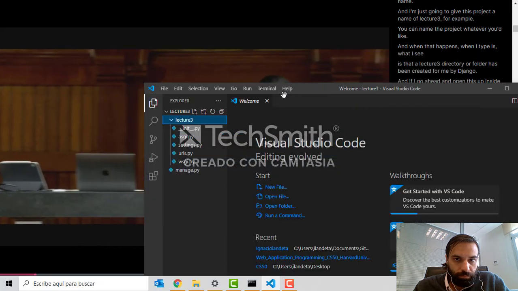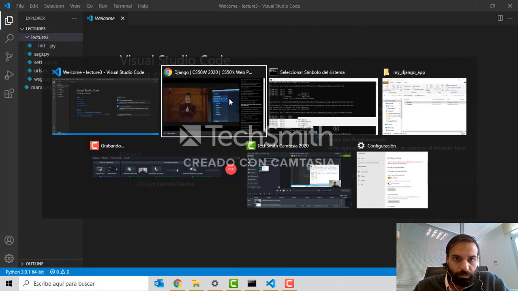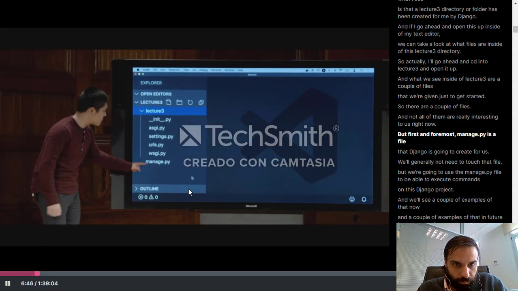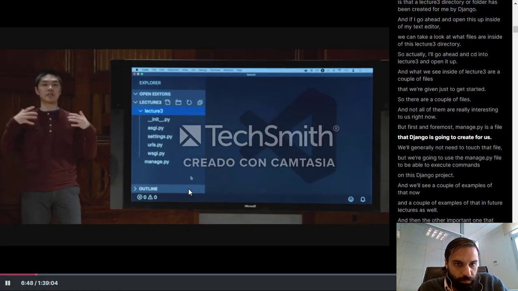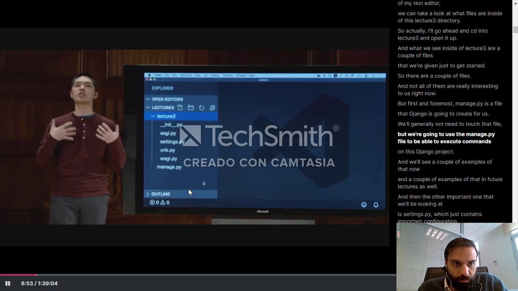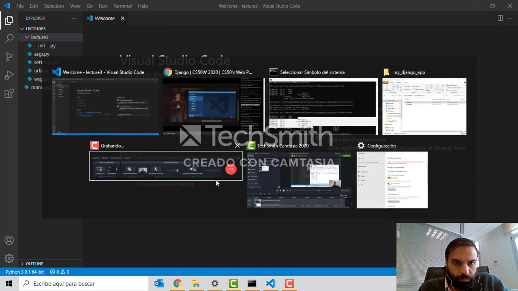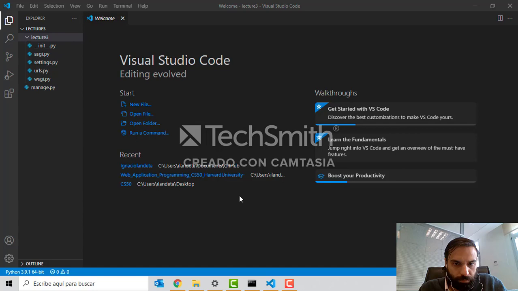are a couple of files that we're given just to get started. Not all of them are really interesting to us right now, but first and foremost, manage.py is a file that Django is going to create for us. We'll generally not need to touch that file, but we're going to use the manage.py file to be able to execute commands on this Django project. And we'll see a couple of examples of that now,